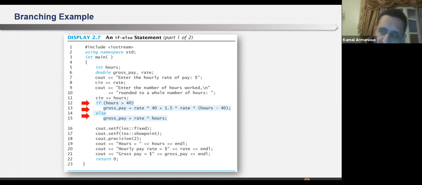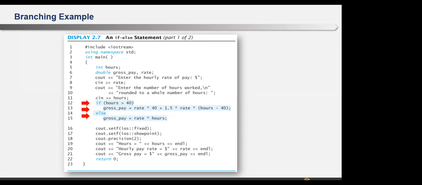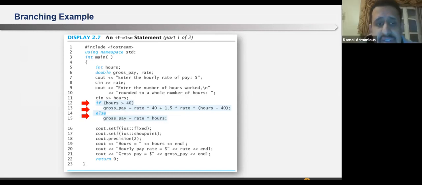Yes, but I'm still going sequentially. So I go cout, cin, cout, cin. Then comes the if statement, where it gives two branches. If the hours is bigger than 40, it will do something, and if it's equal or less than 40, it will do something else. Excellent.